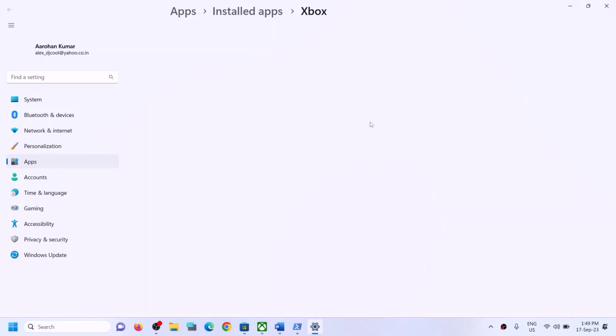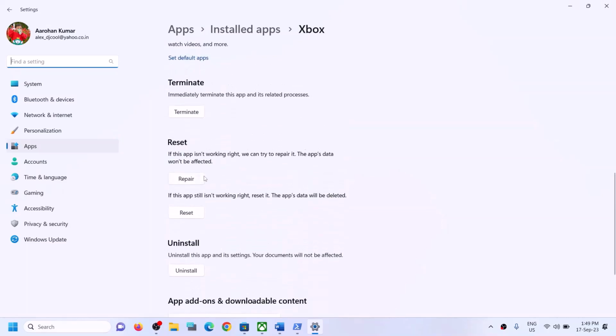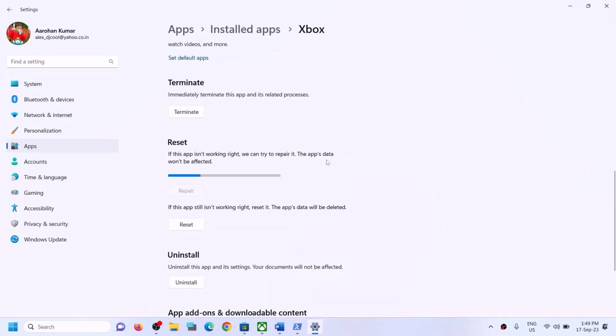Now on this screen, scroll down and then you will see the repair option to repair Xbox app. Scroll down and over here you can see repair option. Click on repair, and after the repair you can try to install the game. Still, if you are facing the problem,